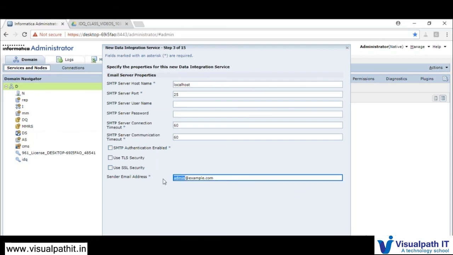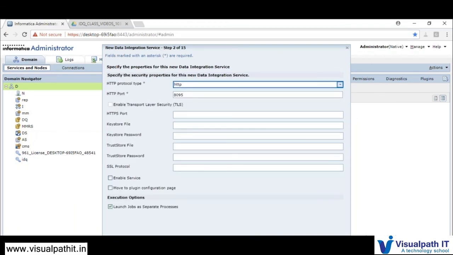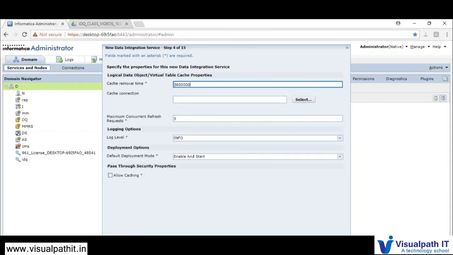Admin indicates your server name and your company name.com. So it will tell you whether it is the development environment or UAT environment or prod. Based on that you will be configuring this. So once we are done with that, if you are not prompting for anything, just leave the details as they are, so that the default details will be taken. If you want to go with the defaults, just click on next.